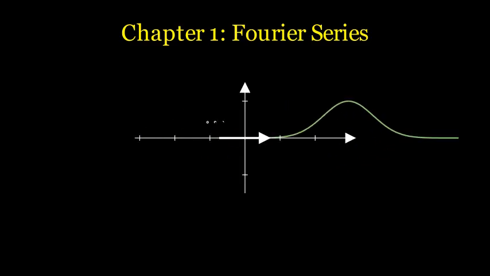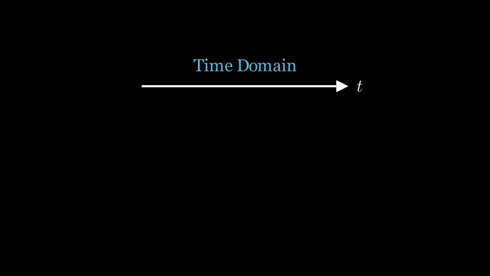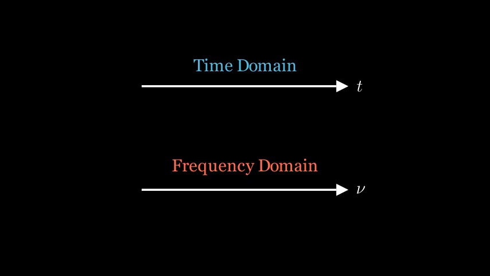But what happens if we stretch the time between repeats to infinity? The repeats disappear, and we transition from a Fourier series to a Fourier transform. Every signal has a spectrum. You can view a signal in the time domain, watching it happen, or the frequency domain, seeing what it's made